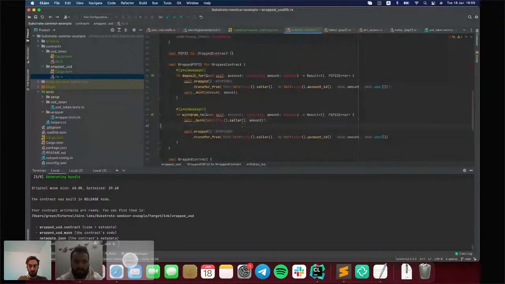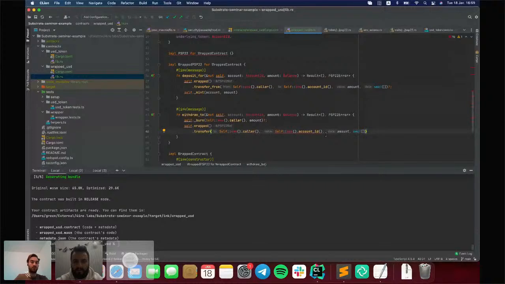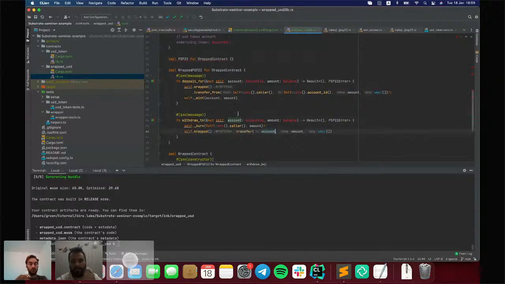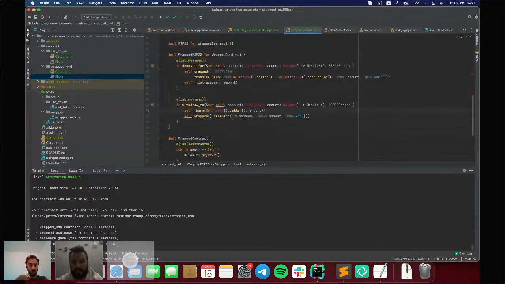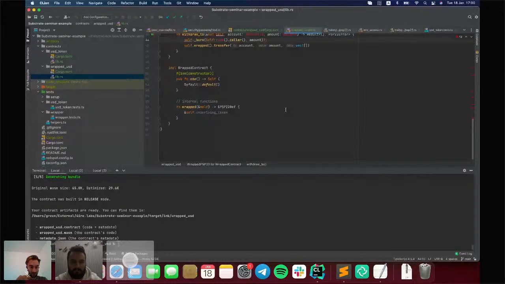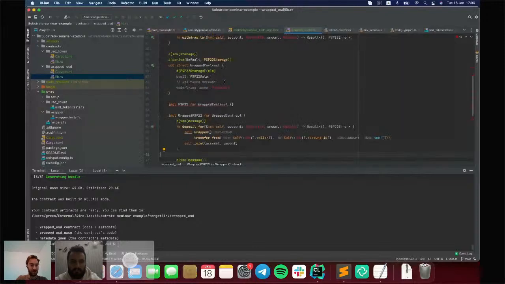And after, we need to transfer tokens to that account. So if we have enough tokens to burn from the caller's balance, we will burn the wrapped tokens, and then we will withdraw USD tokens to that account. Yep, seems it is right. I think yes. Looks nice.